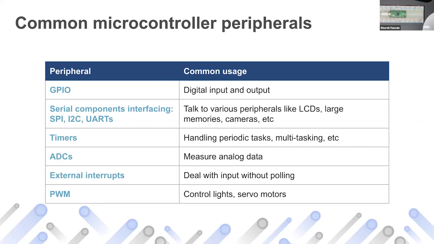And these are peripherals which are very, very common, not only to the Raspberry Pi Pico, but pretty much any microcontroller. You just search for a microcontroller, and let's say you come across the ATMega8, the ESP8266 or the ESP32. These are all microcontrollers. If you look at their data sheets, you will see these common peripherals, right? This is not just specific to the Raspberry Pi Pico. These are very common peripherals, right?